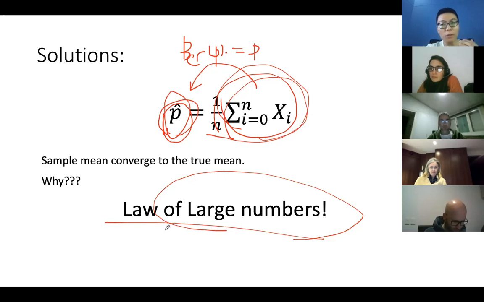This is the case for the Bernoulli distribution, but the idea applies to other distributions like the binomial distribution, the normal distribution, or fancier distributions like the beta distribution, gamma distribution, negative binomial distribution. The basic idea is the same, right? You get the sample mean and you use it to approach the true mean. The idea behind this is that you apply the law of large numbers.